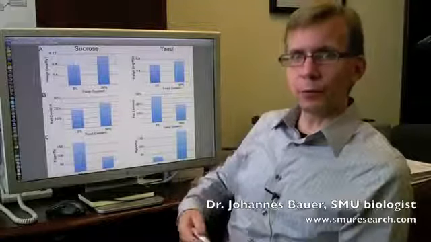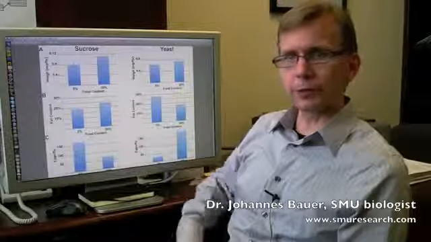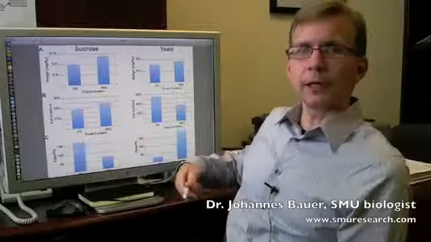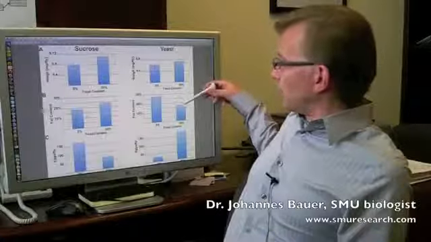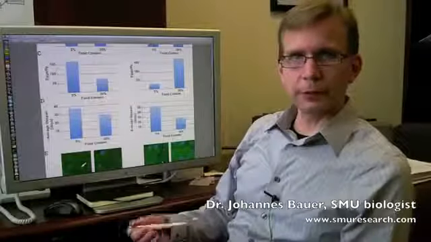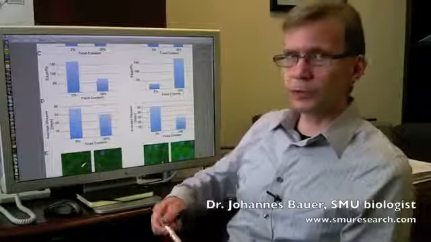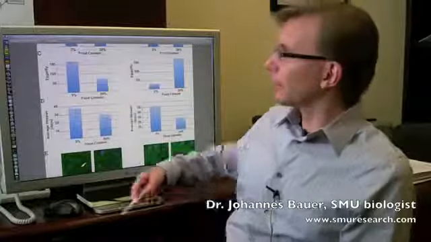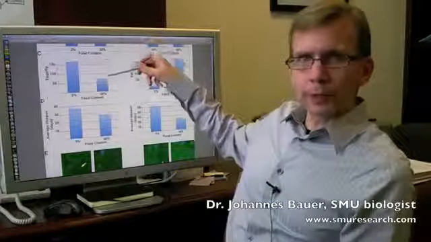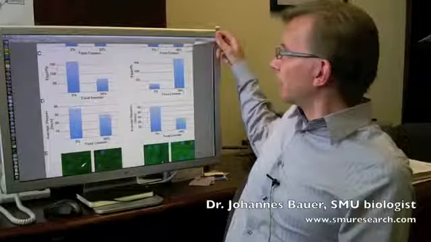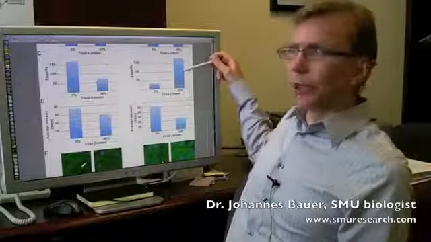For example, flies overfed the sucrose, the carbohydrate source, become obese and develop increased fat storage. Interestingly, when you overfeed these flies the protein source, you see the exactly opposite effect. Fat storage goes down. This antagonistic relationship between these two macronutrient sources continues when we, for example, measure fertility. Flies overfed the sucrose, the carbohydrate source, have much lower fertility as determined by egg counting than flies overfed the protein source. They have much higher fertility.